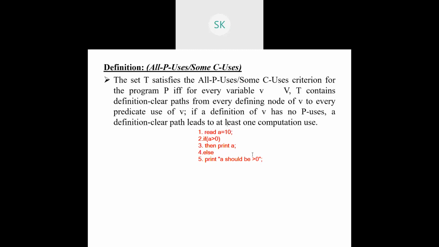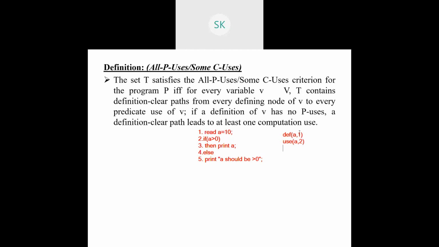Fine. So now, whatever you are identifying, with respect to a only we are taking, only one variable is there. I'm talking about only one variable, because here only one variable is declared. So if you want to identify the definition node with respect to this, how to identify it: a comma the node number or the line number. Next one is usage of a. You identify usage of a with respect to all the particular nodes. So it is used in the second node as a predicate one.